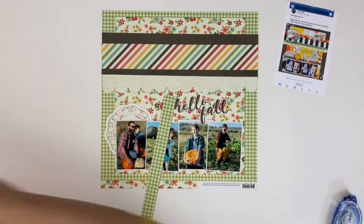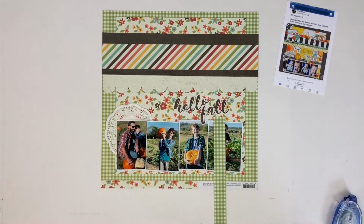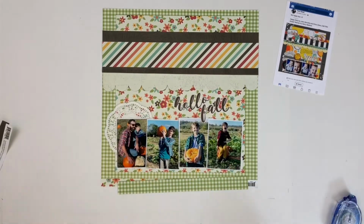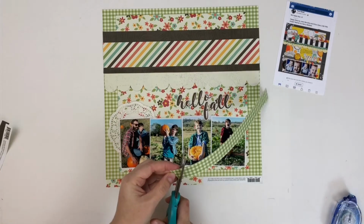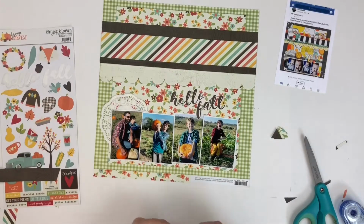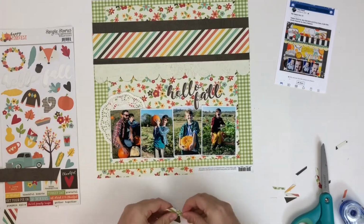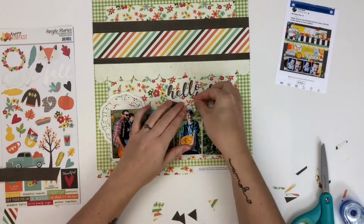So I'm going to recreate the banner under the title, and I've decided that I need a few different papers, and I should have used those branding strips because I cut these triangles out and then decided I want them to be smaller. I spared you that process, but the branding strips would have worked perfectly. So I'm just going to stick them down